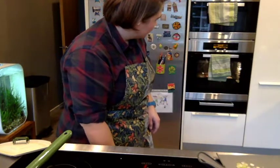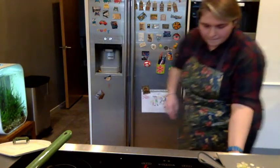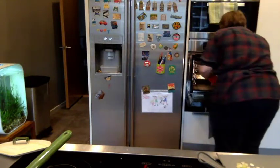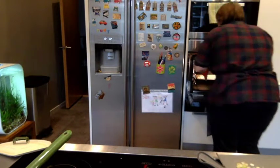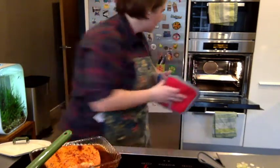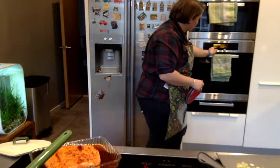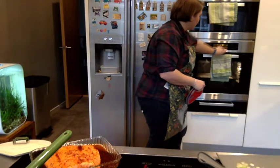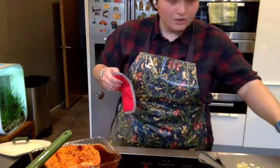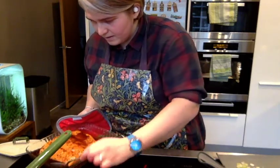Our fish is done in 3, 2, 1. Just made a noise. Let me use my mitts. Actually, I don't know what these are called in English. There we go. I can pop it on here because it is hot. There we go. We didn't break anything. So at this point, I'm going to turn my oven to grill. 240 is its full. So grill on 240. It's just going to be a couple of minutes, just to give it some color. And I'm going to use a spoon that I basted with it earlier. And without burning myself horribly, I am going to...